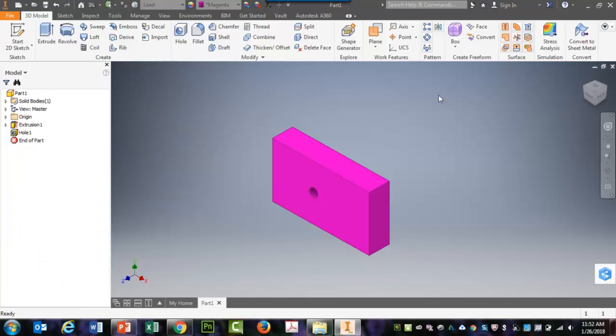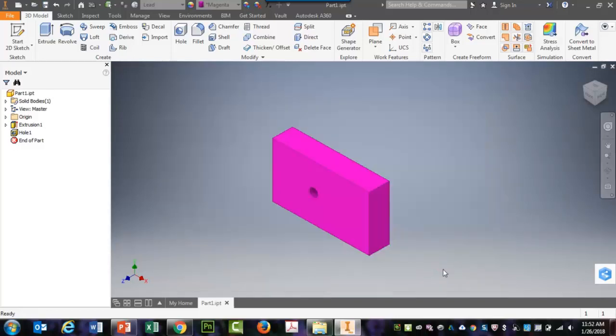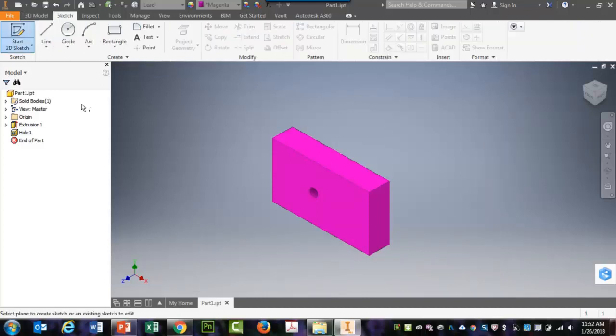Okay, so when I've finished, then I can save this, come up, and I can call it part 1 or call it anything you want to. But that's generally how it goes. All right. So this will just give you a basic starting view of what to do, how to get yourself going. We've got other videos that help get you more in depth and give you more skills, but this is just